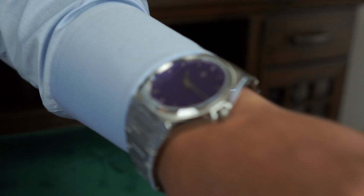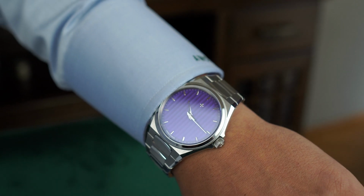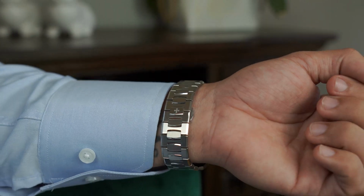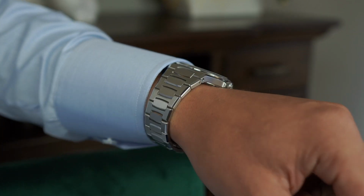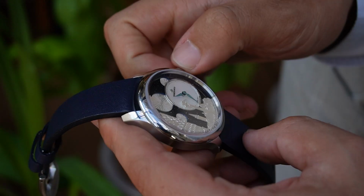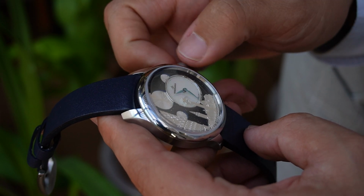Integrated bracelet watches are very popular because I think the design is aesthetically appealing. As it is, the design never truly ends. It is a linear design that doesn't break. For example, if it was a watch with a regular strap, there's a break between the watch head and the strap. Or with a normal bracelet, there is a break between the watch case and the bracelet. In the case of integrated watches, I feel it's a much more aerodynamic design that makes sense in terms of